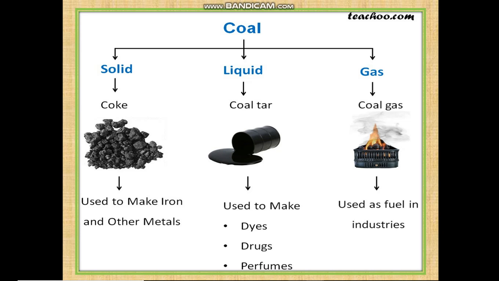So after discussing all about coal, the most important thing is the uses of coal, where it is used. As you know, it is very commonly used at homes, right? It is used as fuel in industry and in homes as well. It is used in the manufacturing of fuel gases like coal gas, water gas, producer gas. It is widely used in thermal plants to produce electricity. It is increasingly used in the manufacturing of synthetic petrol and synthetic natural gas, and in the extraction of metals. So these are the various uses of coal. Okay, students.